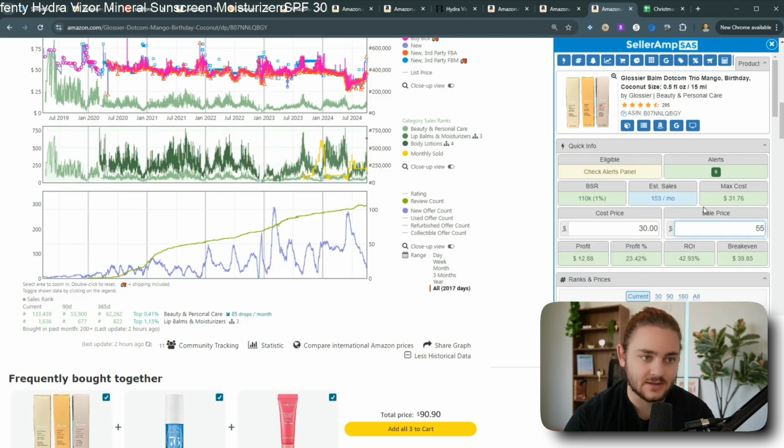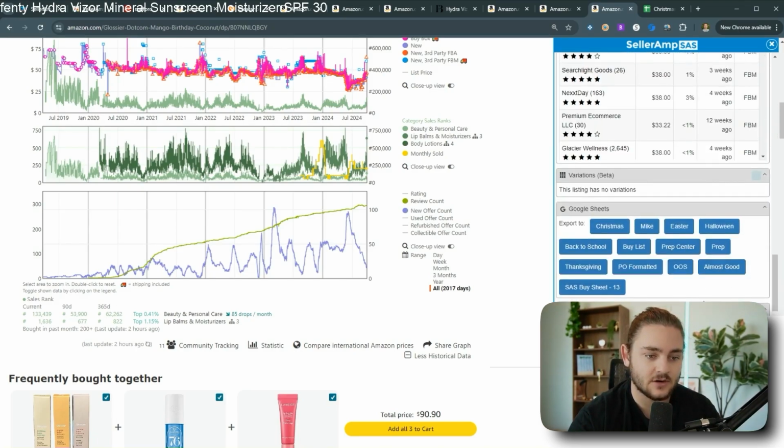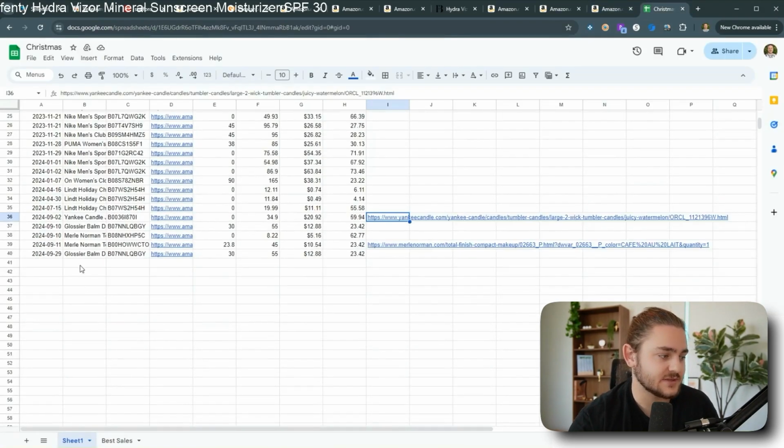So on something like this, it's a really good idea to start building season specific Google Sheets, that kind of stuff. So for example, down here on SellerAmp, I want to go ahead and click Christmas because I noticed that this is a killer Christmas item. It's not quite good for me to buy today. I don't want to buy and speculate and hope that prices go up, but as Christmas gets closer,